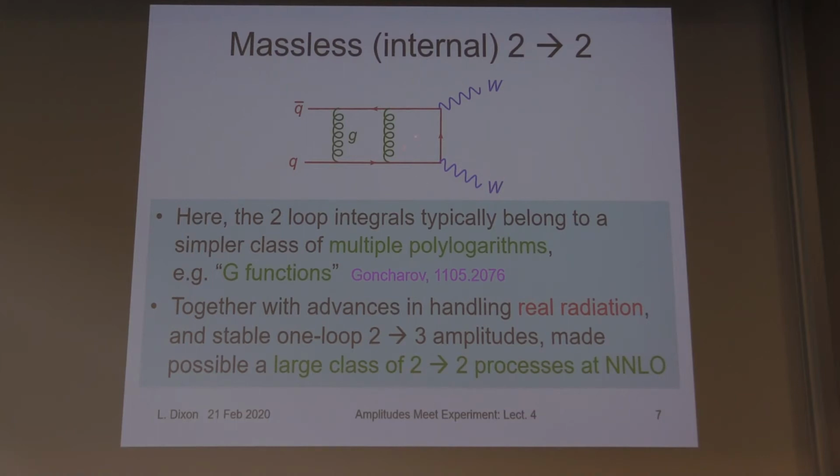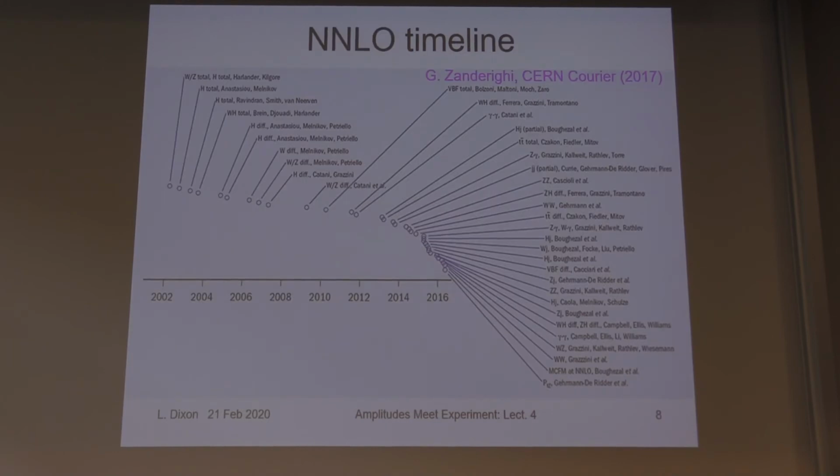There's also maybe some non-planar ones as well, but those integrals all belong to a class of these multiple polylogs, or G functions, and a lot of advances in understanding those functions, together with advances on the real radiation and making the one-loop amplitudes numerically stable, made it possible to compute a large class of 2 goes to 2 processes at next to leading order. So there was a real flurry of activity around 2013 to